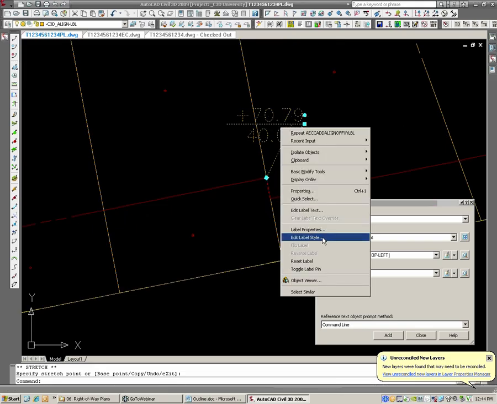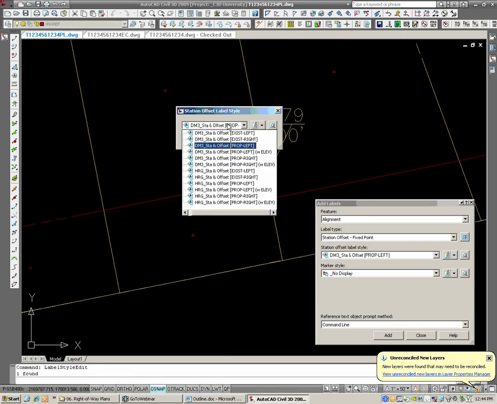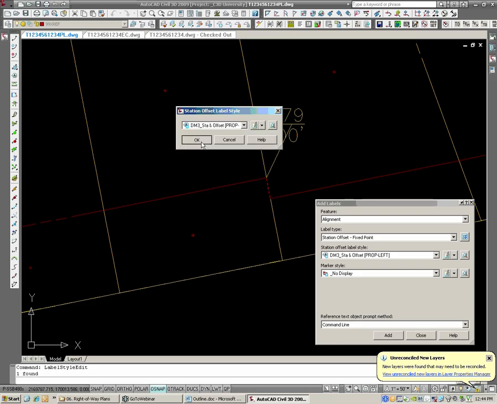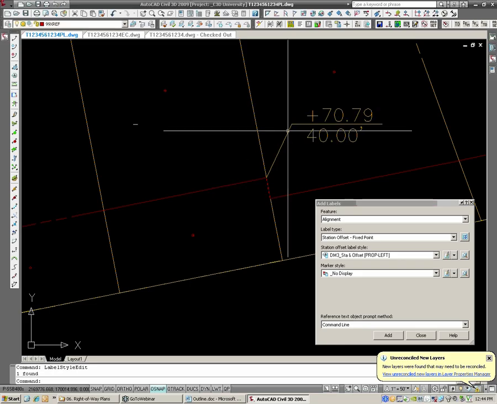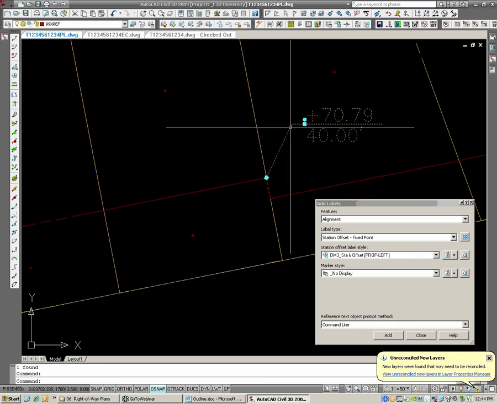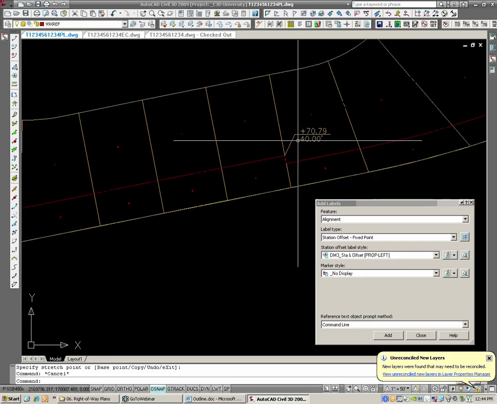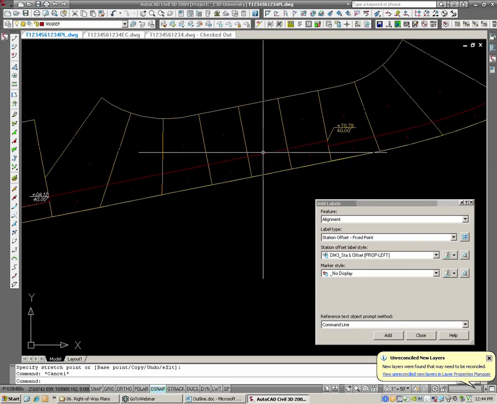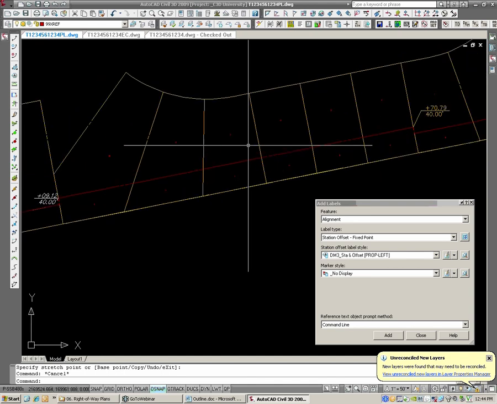You can right click on it, hit edit label style, and change this to DM3 station offset proposed right. And you can see there's two styles, one if it's on the right side, one if it's on the left side. Unfortunately, that's what we have to do to have it display like we want it to. But hey, you don't have to create the leader anymore. And it's dynamic to the alignment. So you have some time savings there to deal with that little bit of